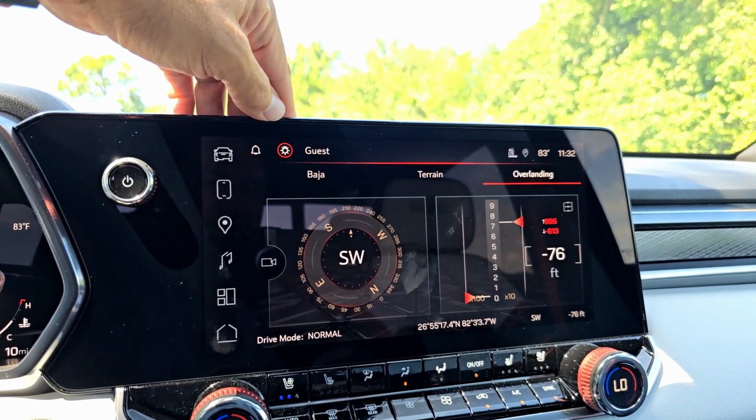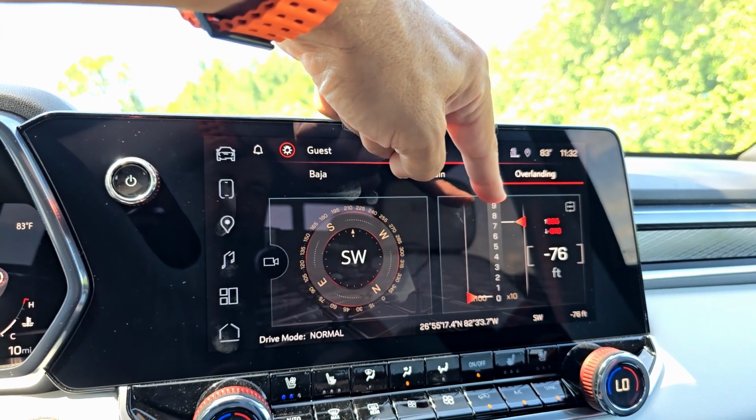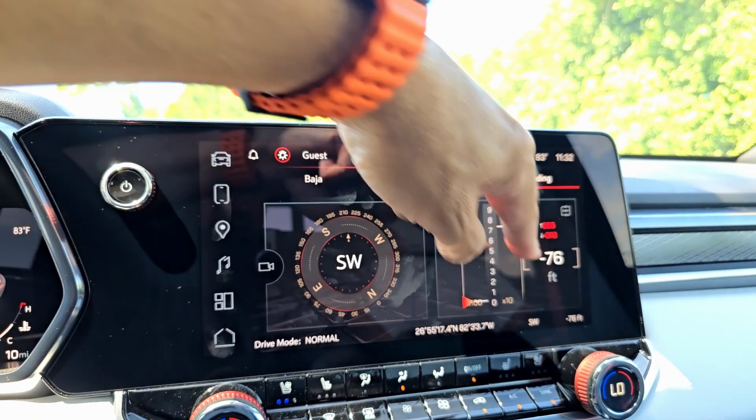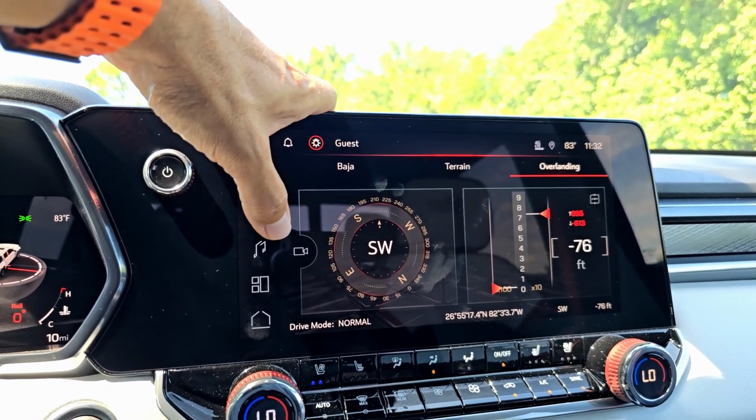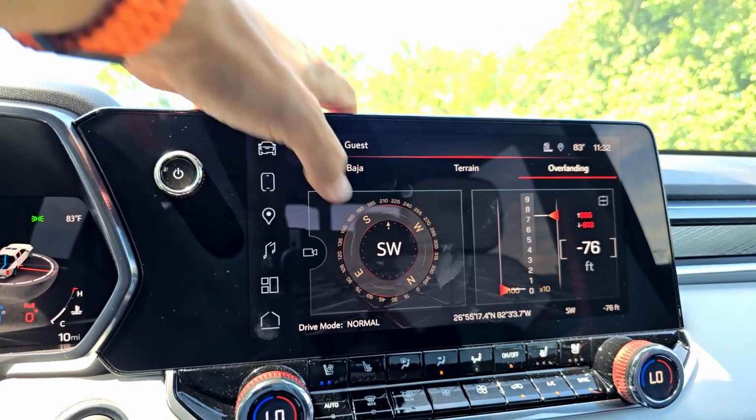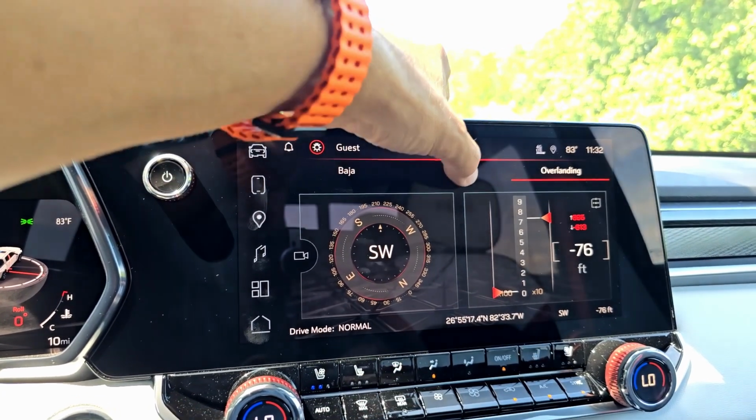This is your altitude, I believe, right? Okay, we're 76 feet under sea level? I know Florida is low, but I didn't think that was that low. Well, southwest, that's where we're facing. Okay, so different